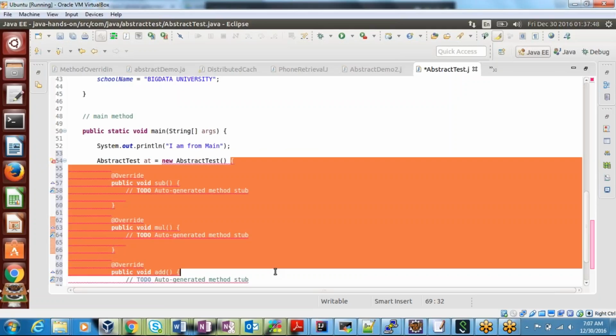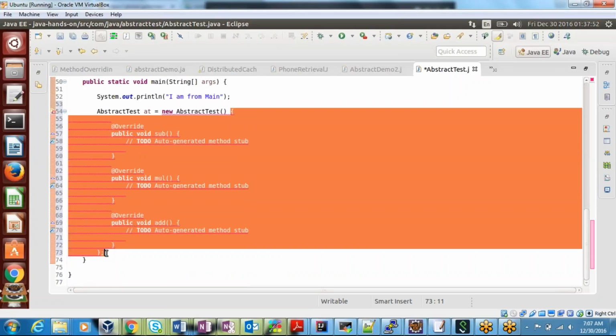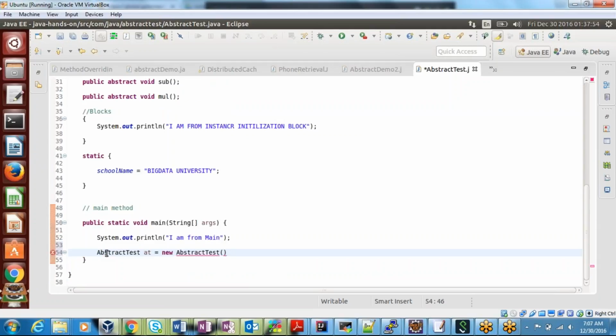This is wrong, actually. It should not be this case because it is an anonymous class. It is being created as anonymous. So remove this. I'm trying to do like this, but it will say no, you cannot do this. You cannot instantiate the type abstract class. So if I'm not able to instantiate this,